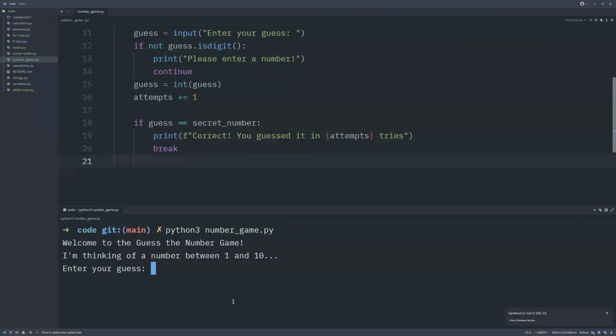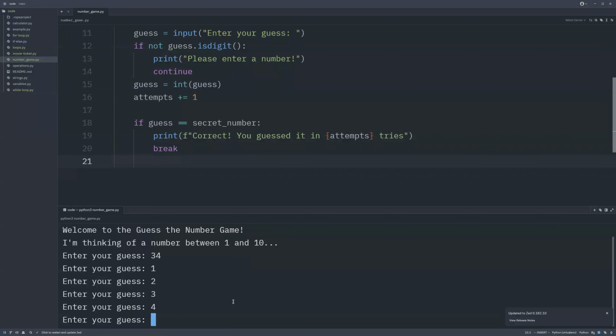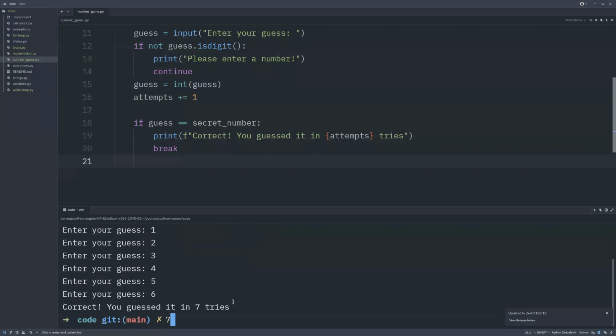So if we run this, it says, I'm thinking of a number. Let's say I give it 34. Then it keeps on telling me to guess. Now let's say I give it 1, and it tells me to keep on guessing. 2, keep on guessing. 3, 4, 5, 6, 7. Oh, okay, actually the number was 7. So that meant actually it was 6. So when I entered 6, it exited out of the loop and told me, correct, you guessed it in 7